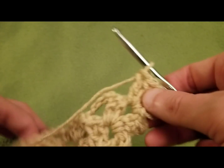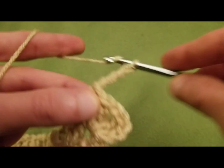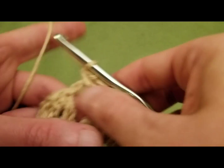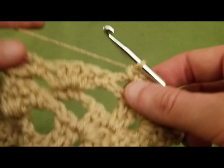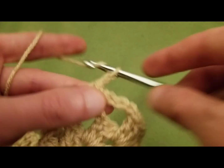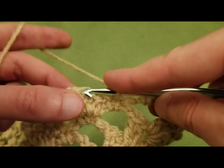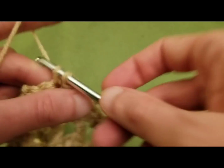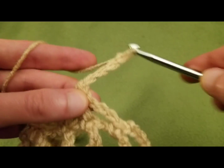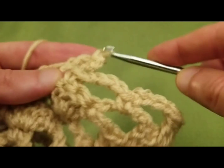okay, chain 4, single crochet into the chain 4 space. Now we did our fan, so we need to make this a trellis row. So chain 4, single crochet into the center double crochet of the fan, chain 4, single crochet into the next chain 4 space,